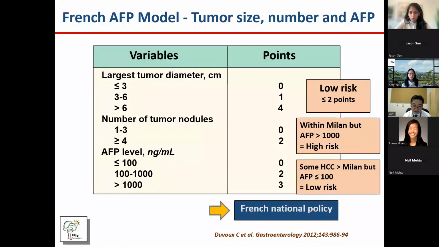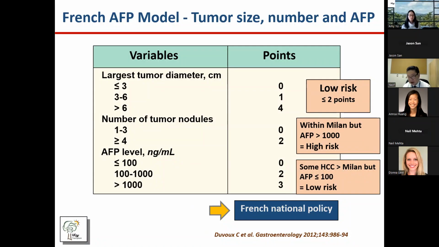So the French AFP model. This is thinking beyond just looking at tumor burden. The French group was the first to officially incorporate alpha-fetoprotein into selection criteria for liver transplantation. In this French AFP model, they incorporated the largest tumor diameter, total tumor number, and also AFP levels. They add up the points in this prognostic model, and those with 2 points or less have low recurrence